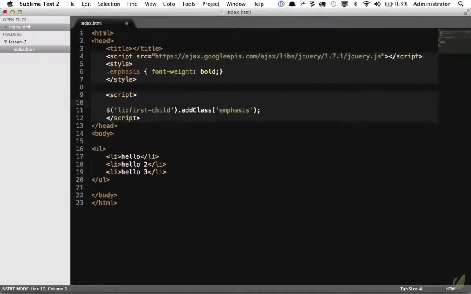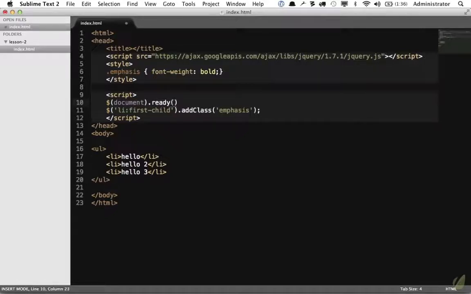So we'll do this at the top and say jQuery. And now rather than referencing a specific CSS selector, I'm going to wrap the document. Now I'm going to say when it's ready to be manipulated, and I'll use the ready method, then I want you to run a function.